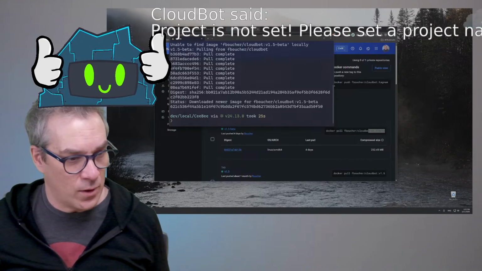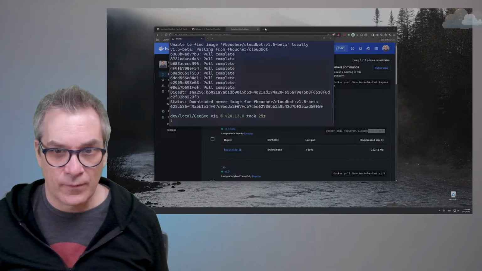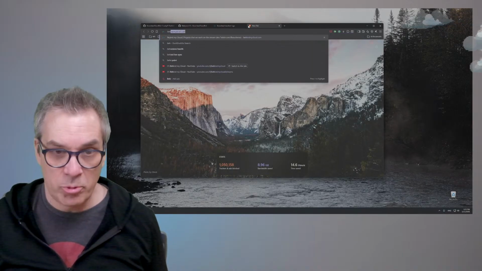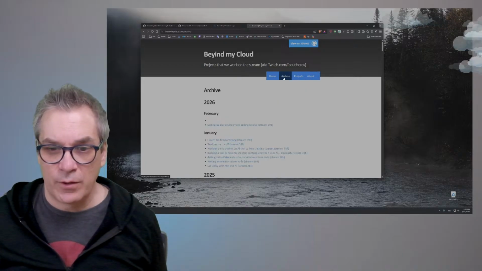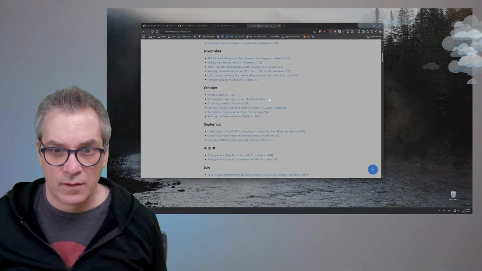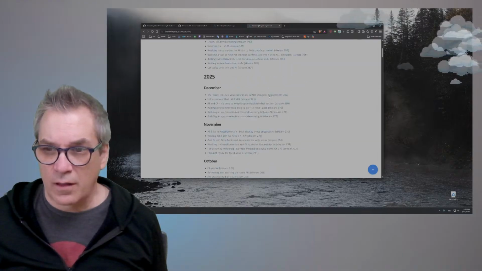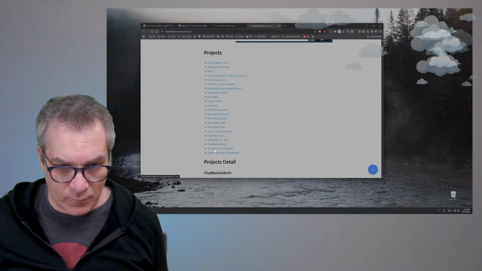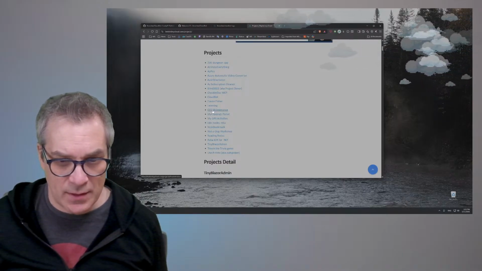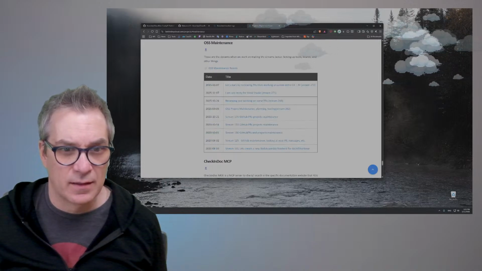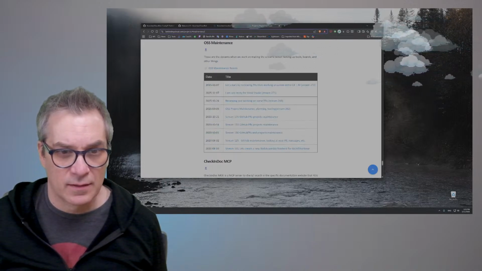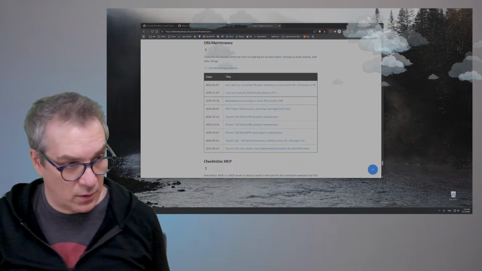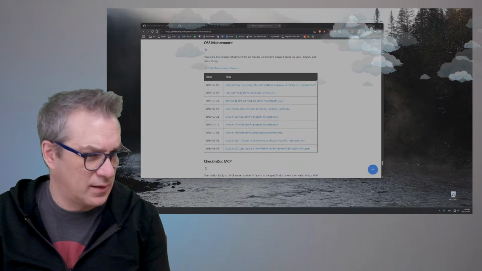Cool. So now it works. I forgot, so let's go behind my cloud. If we go in projects, is it OSS maintenance? I think it's OSS maintenance, or just maintenance. Okay, so let's do this.